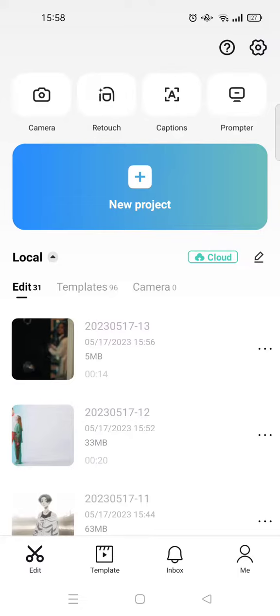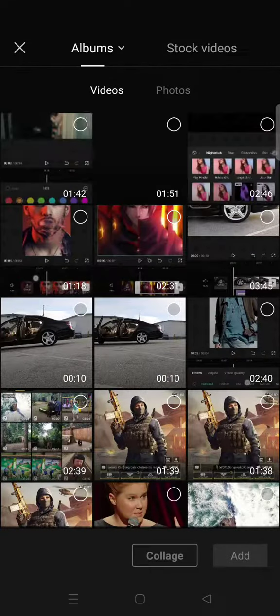So in this video I'm going to show you how you can permanently remove the CapCut ending credit scene. And here I've already opened the CapCut app. So if you open or start a new project in CapCut, let's say this one,